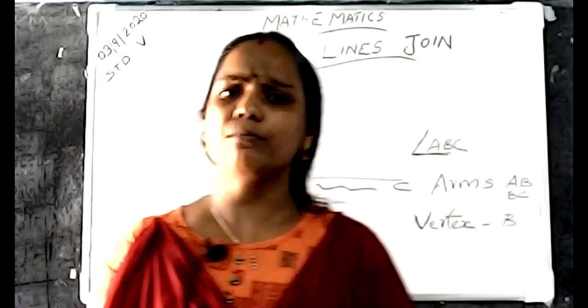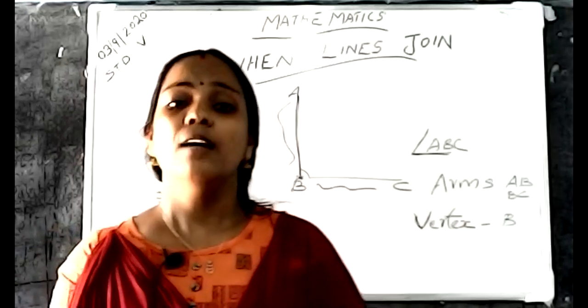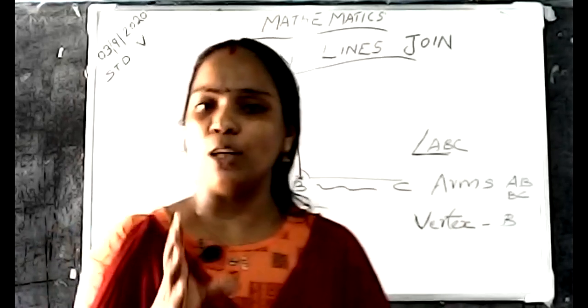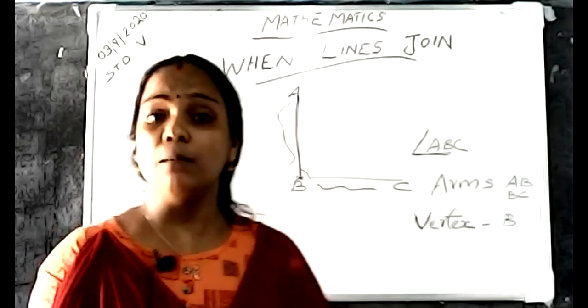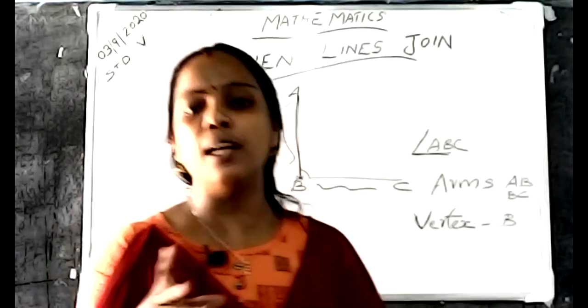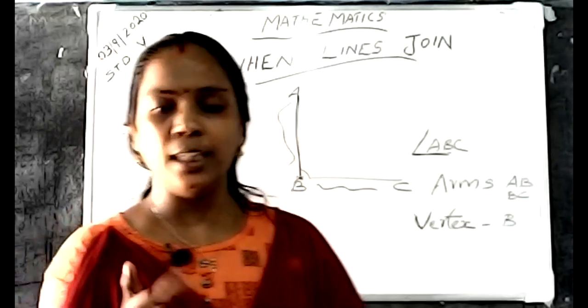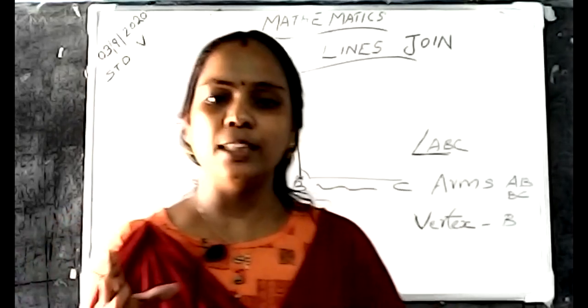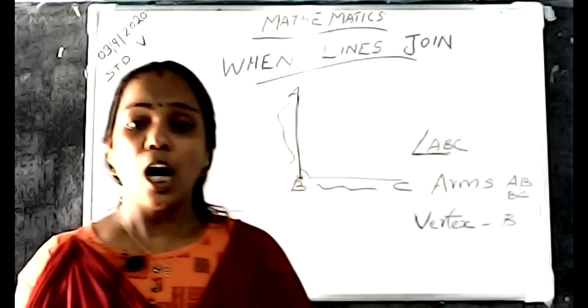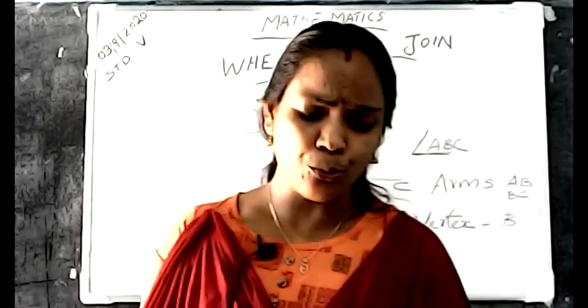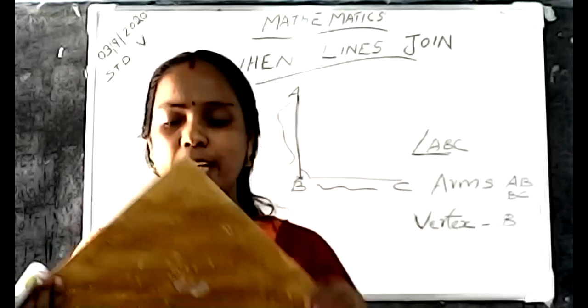Next one, we want to study the circle, and some figures want to be drawn using a set square. Using the set square, some different shapes are to be drawn in your notebook. I will give that as homework. Some figures are to be drawn. How can we use a set square?